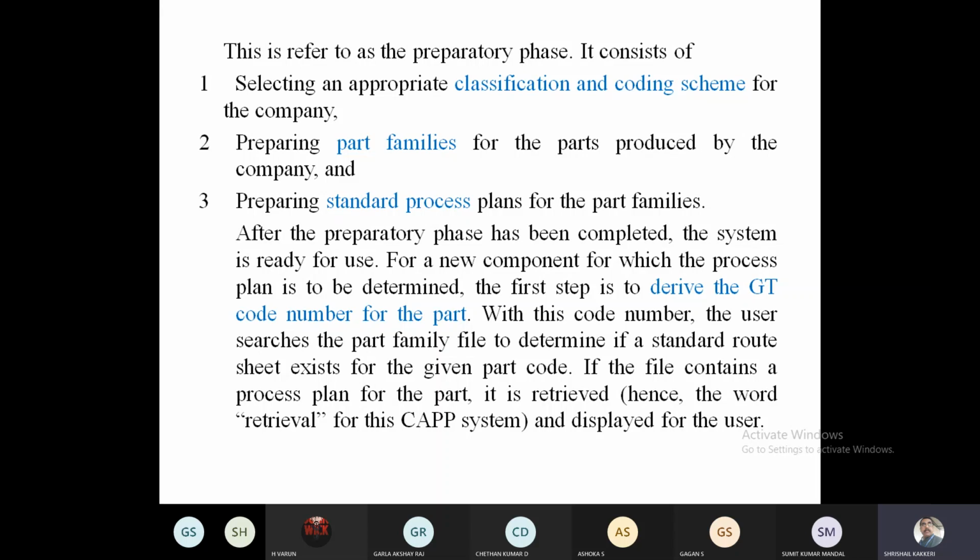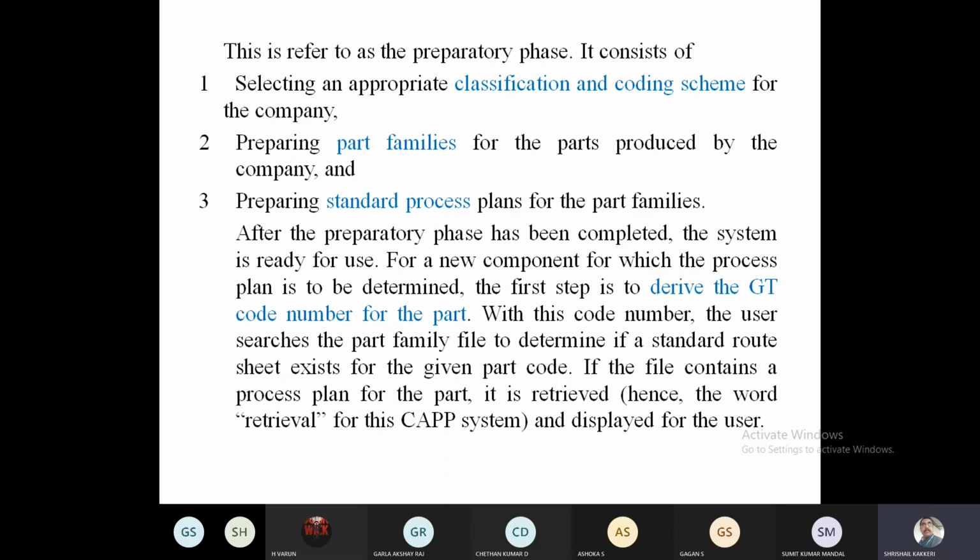And it will be a retrieval CAPP system, retrieval computer-aided process planning. That means some standard process sheets are already available in the database. A standard process sheet will be selected by the planner, and if any small editing is required, he does the editing, and again it will be used as a process sheet.